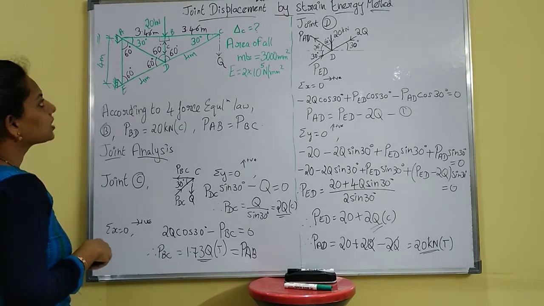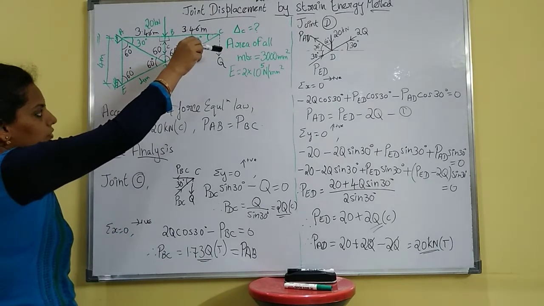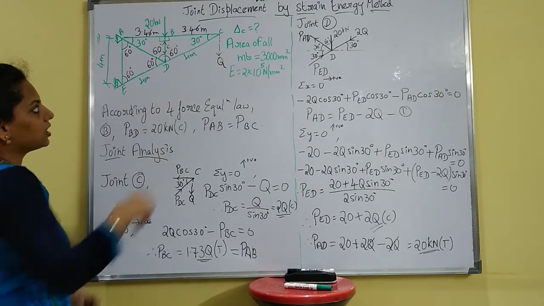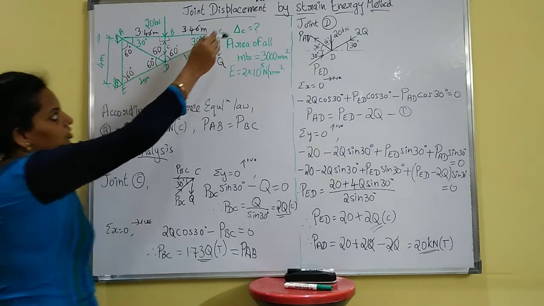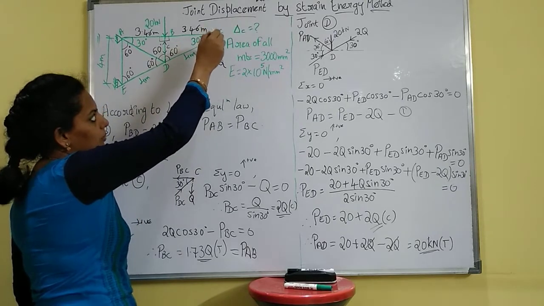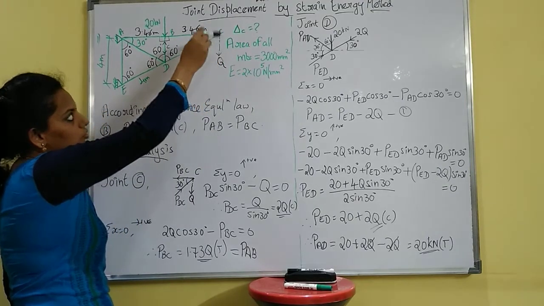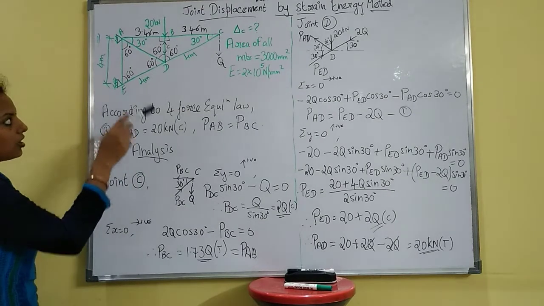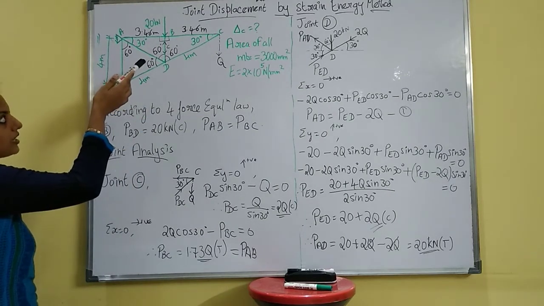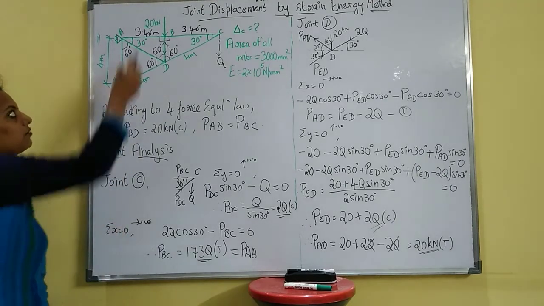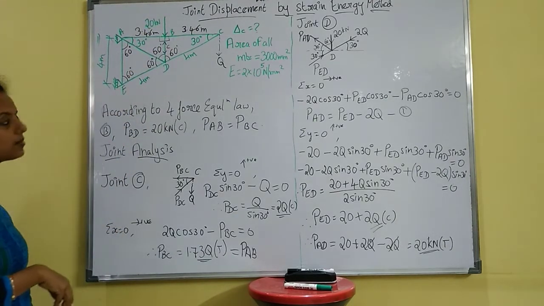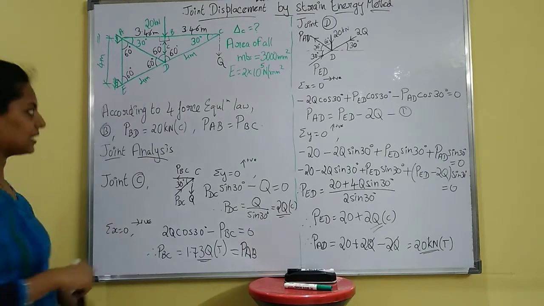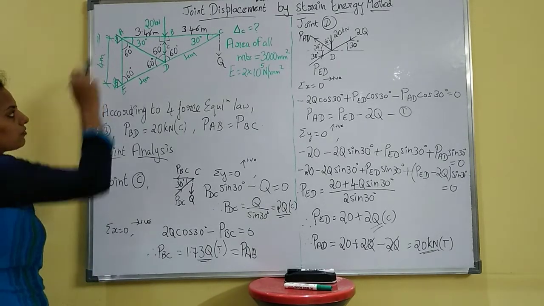First step in this: assign the Q wherever it is needed, like delta. If the question is asked at the joint C, then apply the dummy load Q at the point C. Then, according to the method of joints or method of sections, first solve and find out all the member forces. Then, by using the joint displacement formula, find out the delta C. Okay, so first step, this is your first problem.